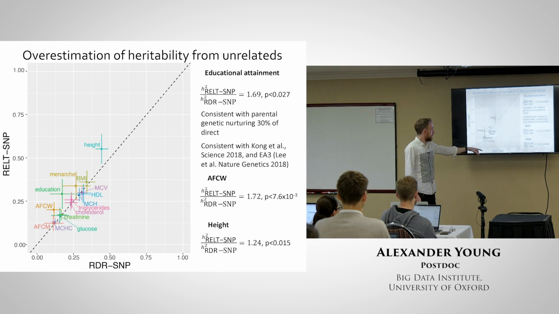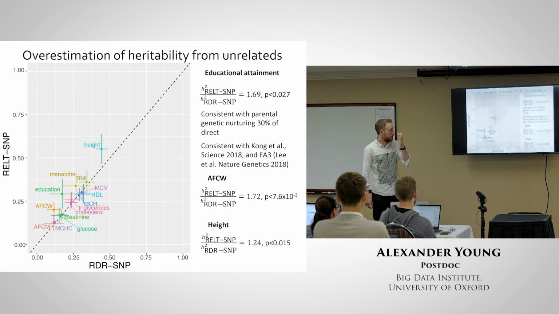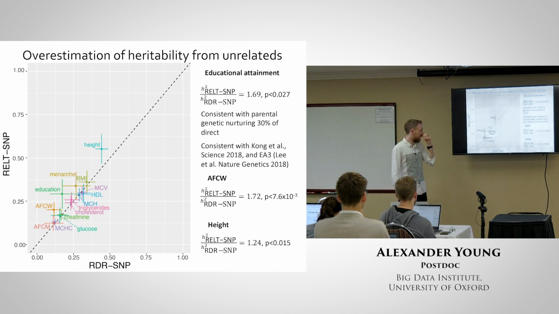If I compare the SNP version of my method to Grammel, or rather a Grammel-type method, it's a little bit of a different inference procedure, but it should have the same expected value as the Grammel approach, at least with a very large sample size. Then you can see that this Grammel-type method is giving higher estimates than the SNP-type method for some traits, including educational attainment, where it's like 70% higher. Age of first child in women is also about 70% higher. And height is a bit higher as well.